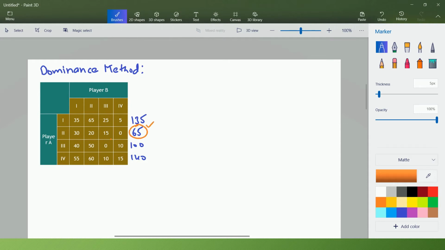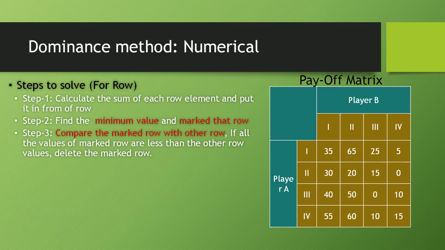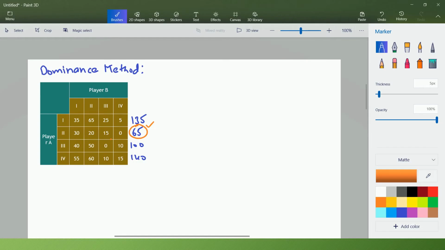After that, step 3 is to compare the marked row with the other rows, and if all the values of the marked row are less than the other row's values, delete that marked row. First we will compare row second with row 1. 30 is less than 35, 20 is less than 65, 15 is less than 25 and 0 is less than 5. So all elements of the marked row are less than the elements of the first row.